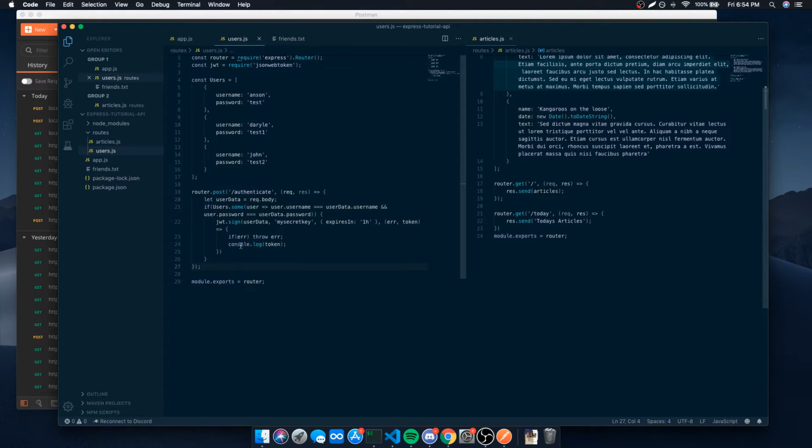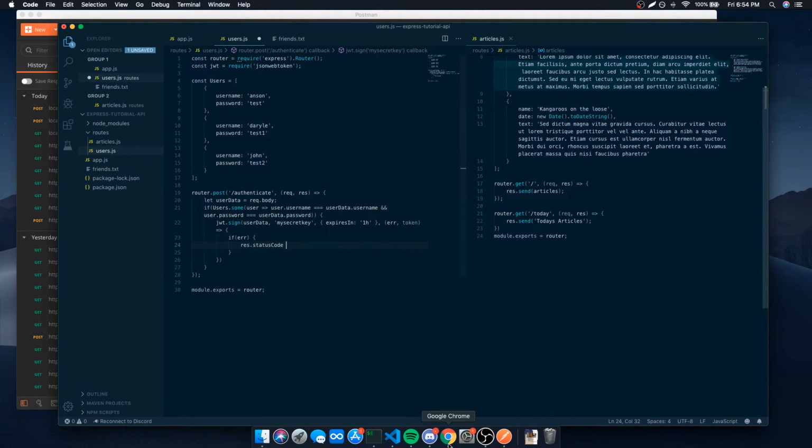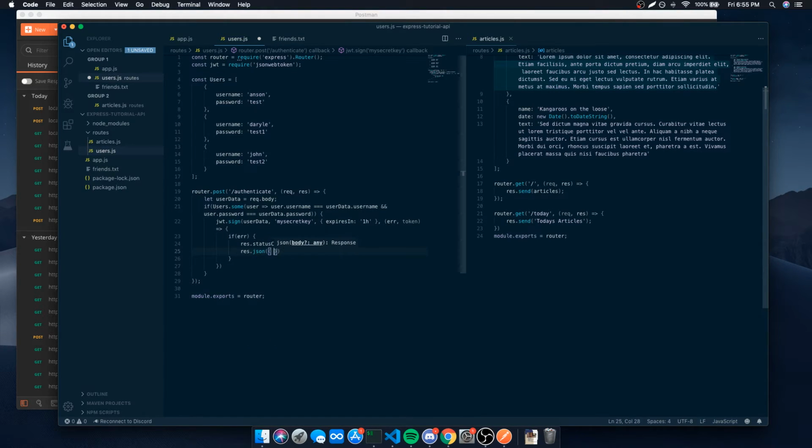Okay, so what I'm going to do is I'm going to say if error, we're just going to say res.status, or res.status, actually status code, and there is a specific status code for invalid. Let's see, status code for invalid credentials. I think it's a 401. That's what Google says. So 401, and we're going to say res.json message invalid credentials, and else we're going to say res.status code,